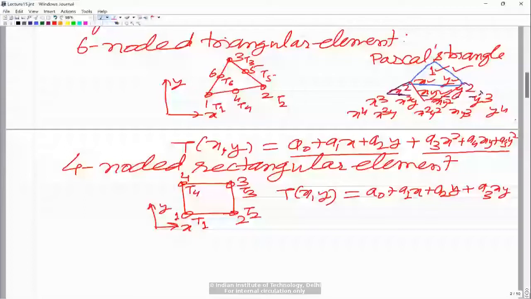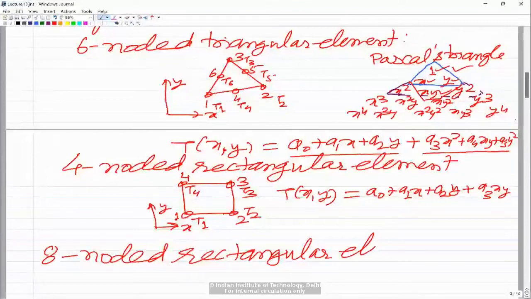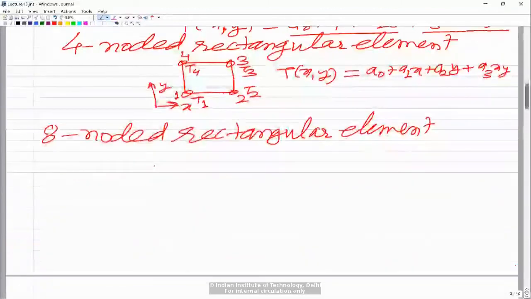So next is the eight-noded rectangular element, and if you look at the shape of the element,